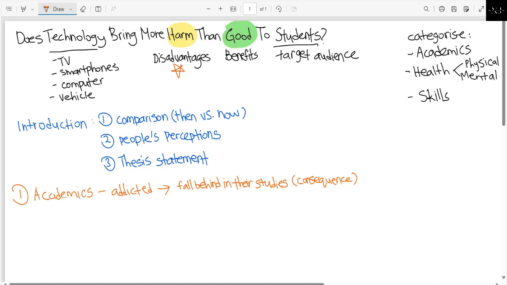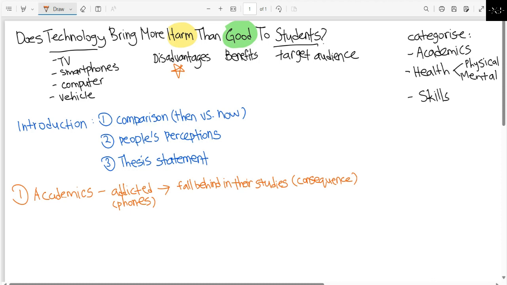Okay, so if you notice, in most essays, if not even all essays, you are actually raising a point and then you are doing your best to explain to the readers, to the audience, why you said that. Basically, you must be very good at explaining things. So the first point that we came up is, if the students are addicted to technology, such as their phones, we need to be specific a little bit. They will fall behind in their studies because they're always thinking of playing video games and all those things, or even scrolling through social media, to the point that they are no longer interested to study or perform well